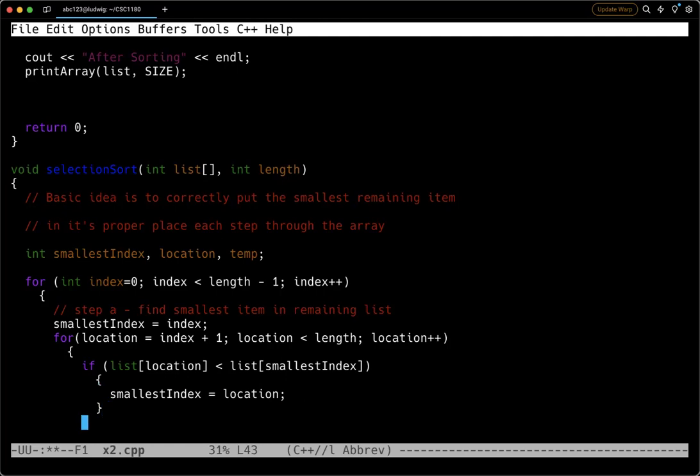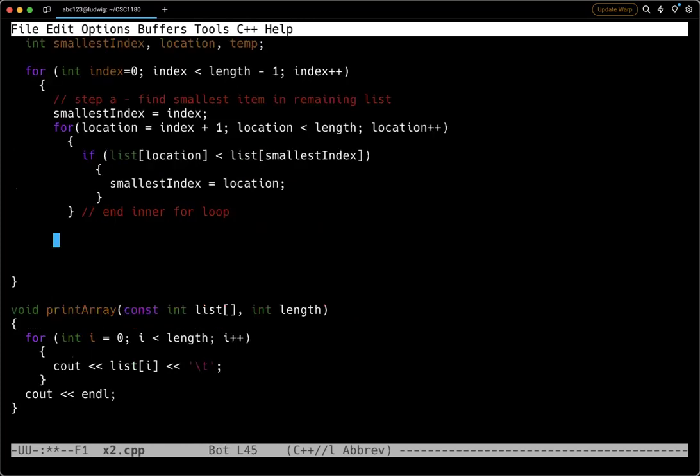So that should get us through that. We're going to go all the way through. That gets us out of our for loop. Okay, and I'm going to go ahead and we're ending the inner for loop here because we have an inner and an outer. Okay. So at this point in the code, okay, we should have the index of the smallest item. Okay, so we want to do step B,